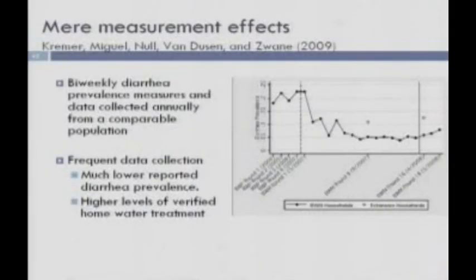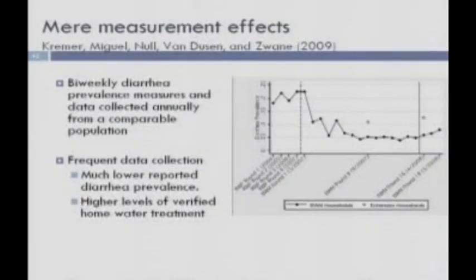I've been doing work on water treatment and diarrhea. Basically, we were studying the effect of cleaner water on diarrhea. Diarrhea kills 2 million kids a year, so it's a very big health problem. We collected data the way economists would normally do it. We got a large sample of people, and we interviewed them about diarrhea. It turns out the public health people typically have a smaller sample, and they go back every 2 weeks. Short recall periods are relevant.